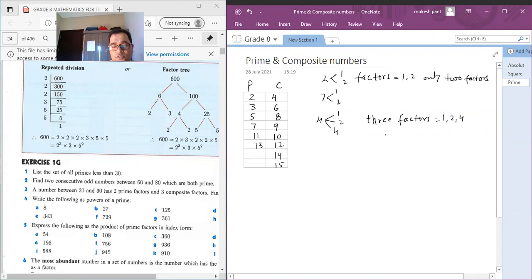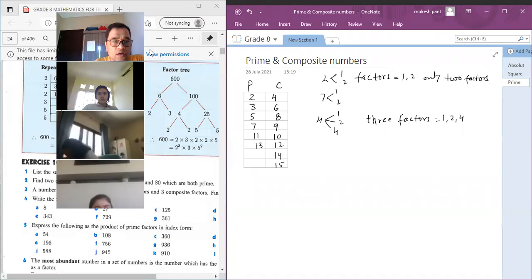So composite means any number having more than 2 factors. It's a simple thing. If a number is not a prime number, it will automatically be a composite number. Okay, if a number is not a prime, it will be a composite number. Clear? Okay, now